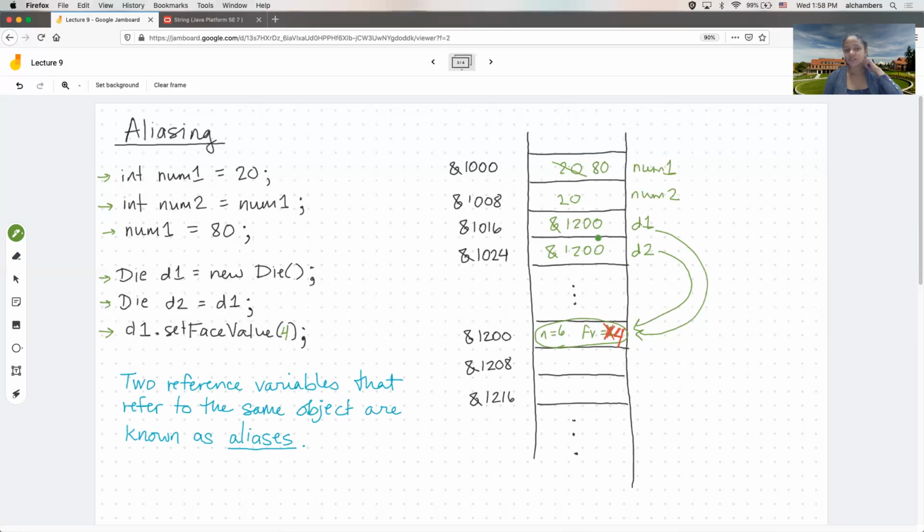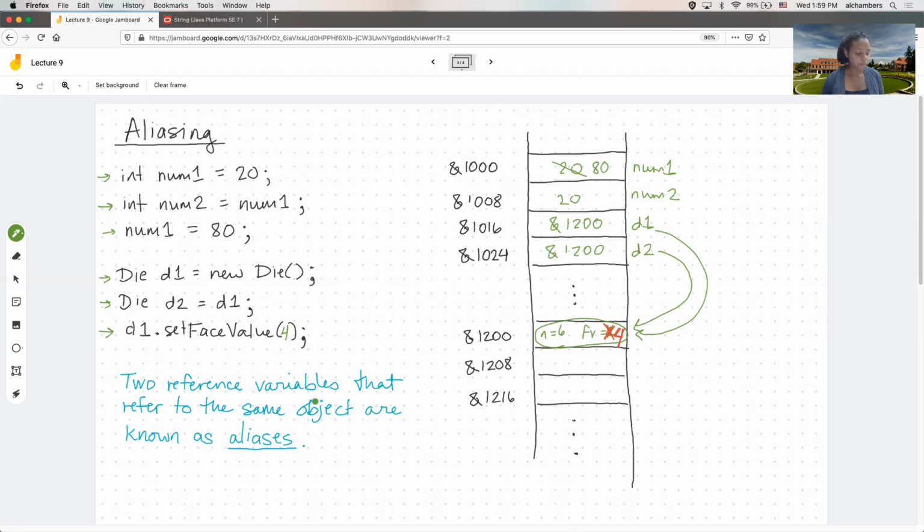So this is something that is known as aliasing or aliases. Okay, so when 2 reference variables refer to the same object, in other words, when 2 reference variables store the same memory address, they are known as aliases of one another. Okay, and this kind of is the same usage in English. Like if you have a spy and that spy has different passports, and in one passport it's name 1 and another passport it's name 2, whatever, right? Although there's 2 different names, it's the same human being. It's the same person. And so we say that those are aliases of one another. In the same way, when we have 2 reference variables that hold the same memory address, they are aliases of one another,